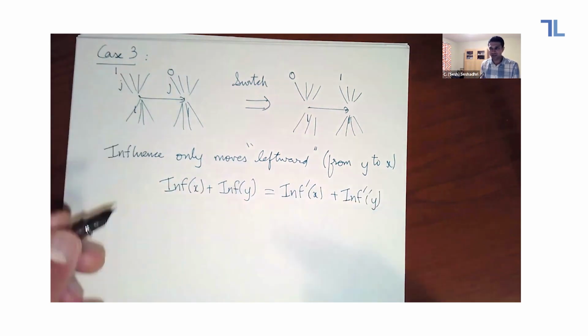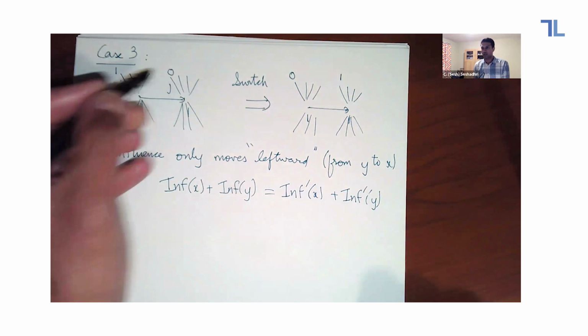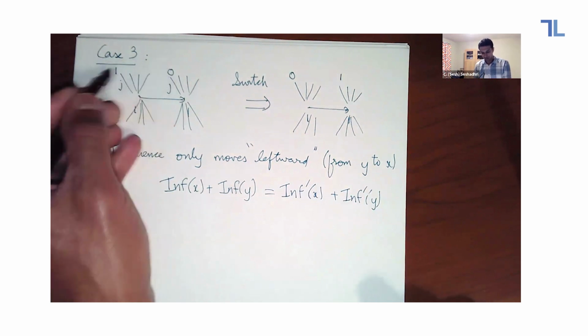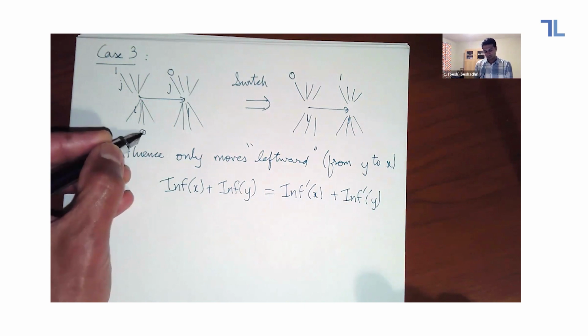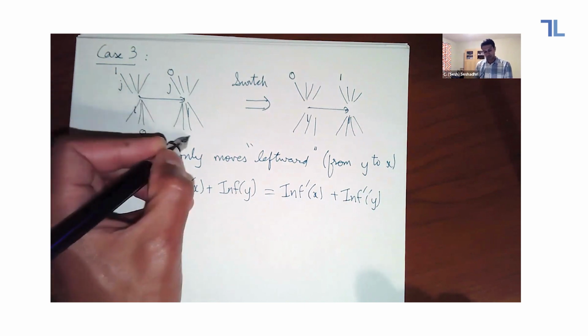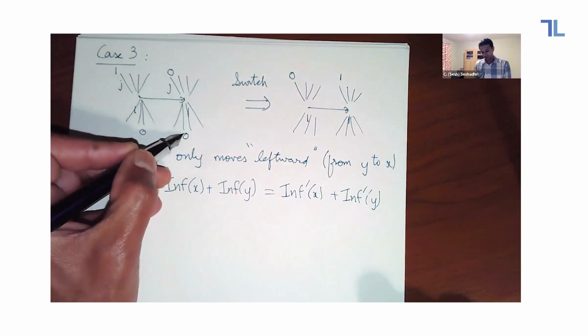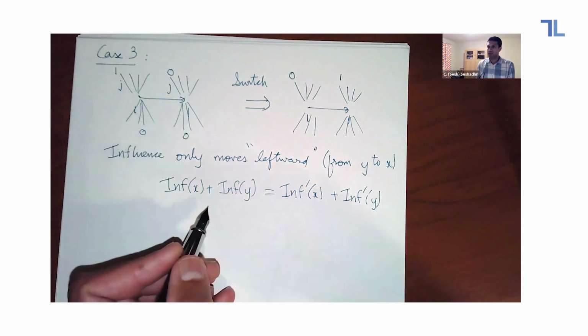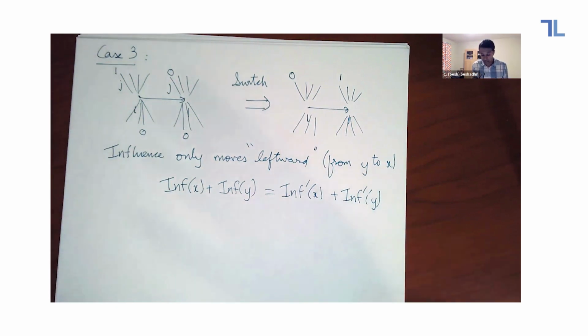In some sense, anything that was influential before, the zero is going to end up somewhere. Either it stays where it is or it switches. So if you look at a zero here, either it's going to stay there or it's going to potentially switch, which means that there is no losing influence anywhere. So this is where one has to be worried that it could potentially gain influence. But